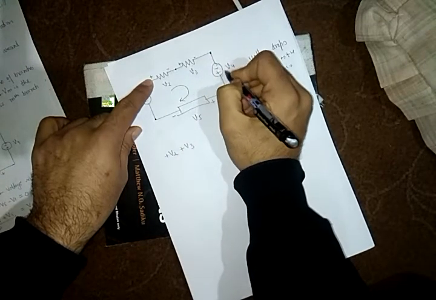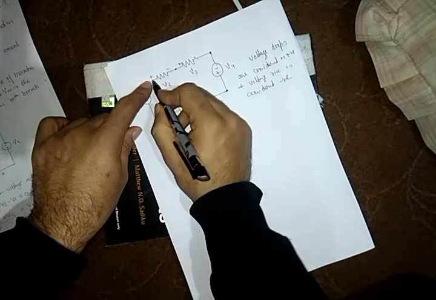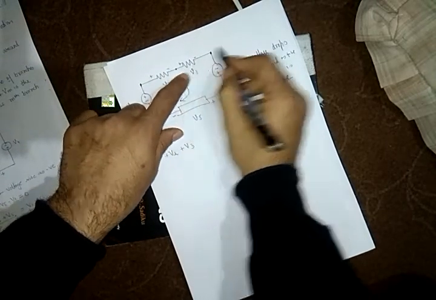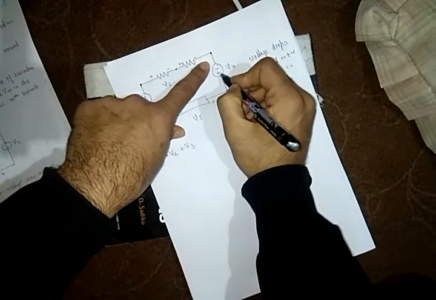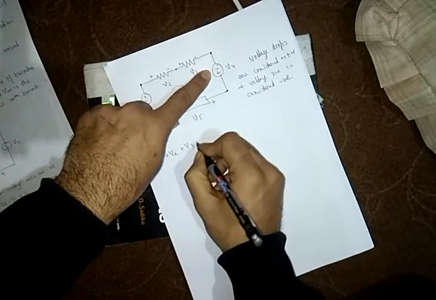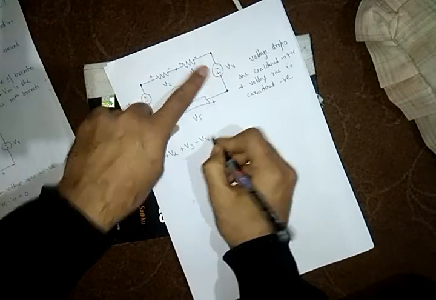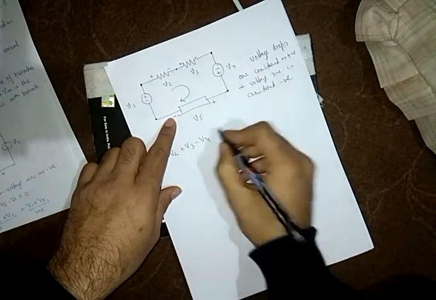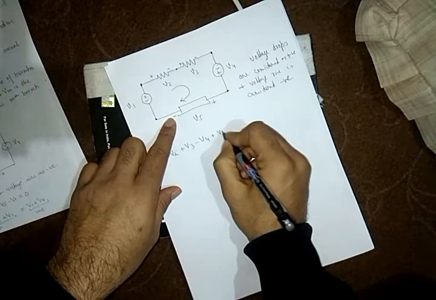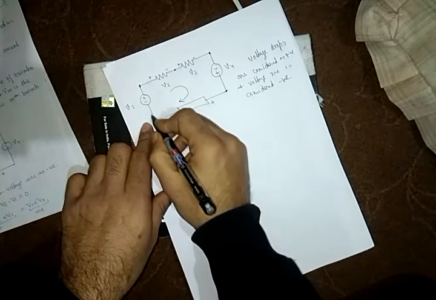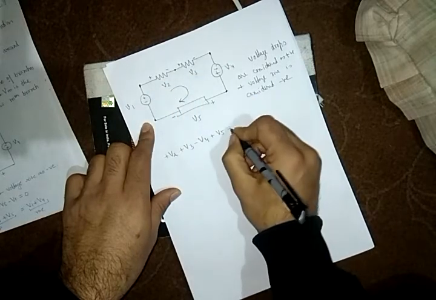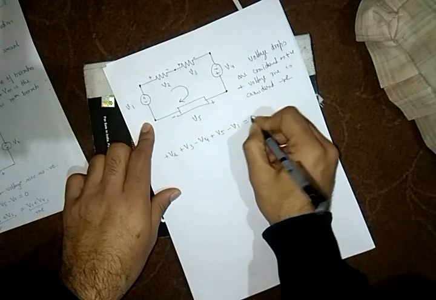Then we are coming to this element. In this element, we were going from positive to negative. Then in this element, again from positive to negative. Then in this element, first negative, then positive, means there is a rise, so we take minus V4. We will come in this way. In this element, first positive, then negative, so again drop means positive. Then in this case, first negative, then positive, means rise means negative, minus V1 is equal to 0.